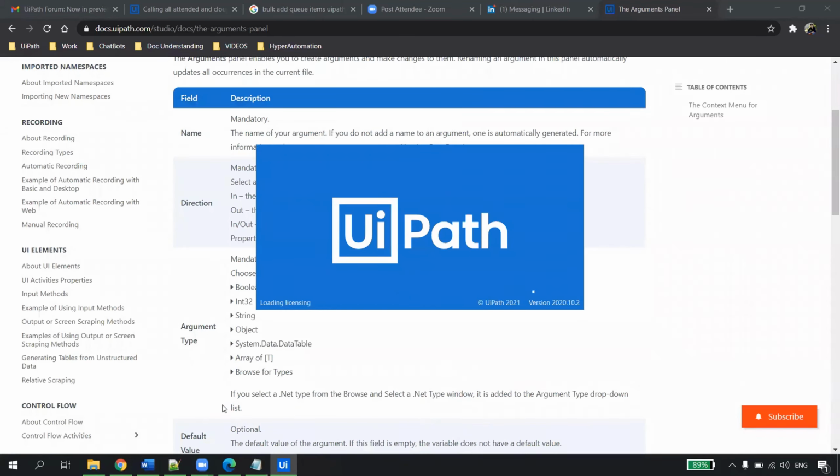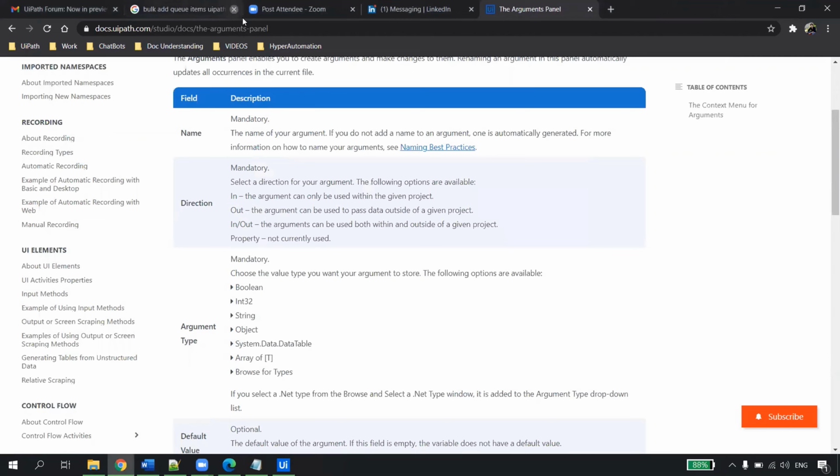So what are the types of variables we can have? We have a string variable, int variable, boolean variable, date time variable.